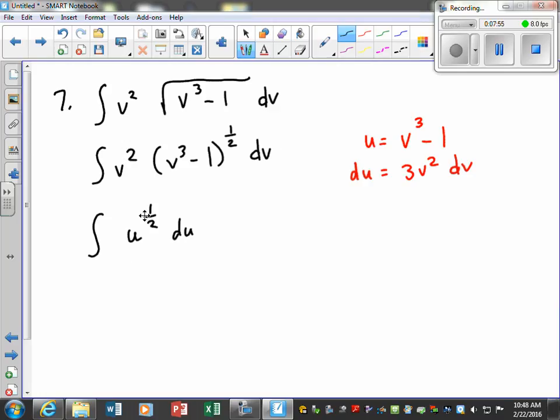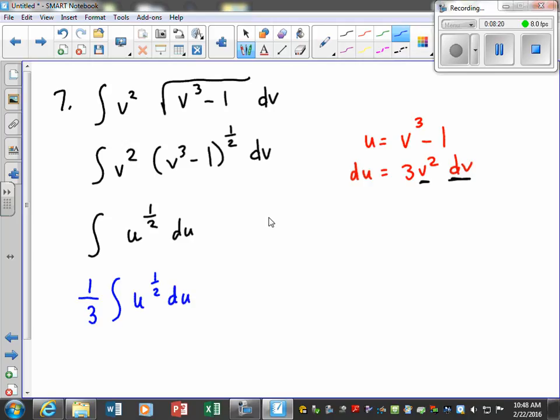Now, when I look at this, when I rewrite it, I want to make sure that everything's accounted for. So I have u to the 1/2 power. That covers this. So what's left over is v squared dv. Well, I have v squared dv, but what's extra? A 3 again, which is similar to the last one. So how do we account for that? 1/3, we pull out a 1/3,